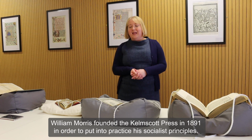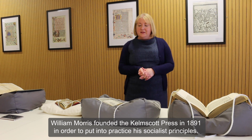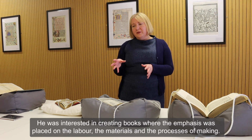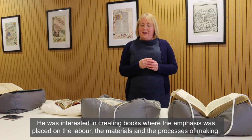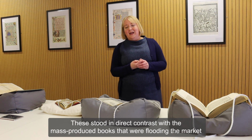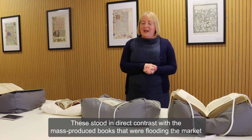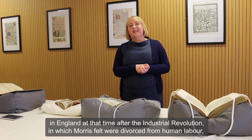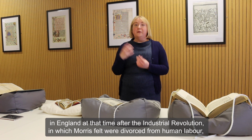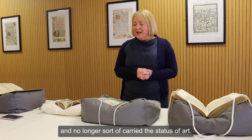William Morris founded the Kelmscott Press in 1891 in order to put into practice his socialist principles. He was interested in creating books where the emphasis was placed on the labour, the materials, and the processes of making. These stood in direct contrast with the mass-produced books that were flooding the market in England at that time after the Industrial Revolution, and which Morris felt were divorced from human labour